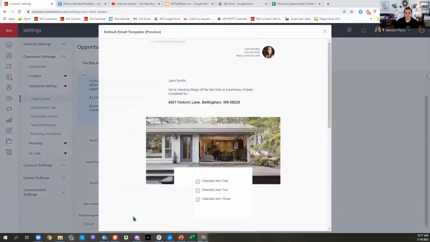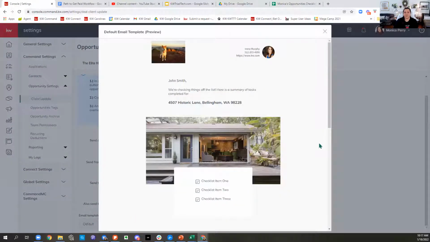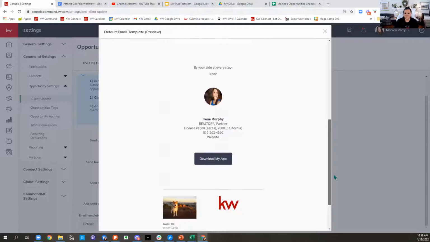And the preview of the template looks like this. So, Mr. and Mrs. Seller, we're checking things off the list. Here's a summary of tasks of things we have done for 123 Main Street, right? If it is your listing and it's active in the MLS, the system will have a photo of the listing, and it will show up here. It will show them what you checked off today, and it will send out that email that is branded to you